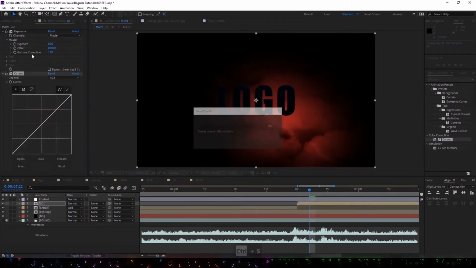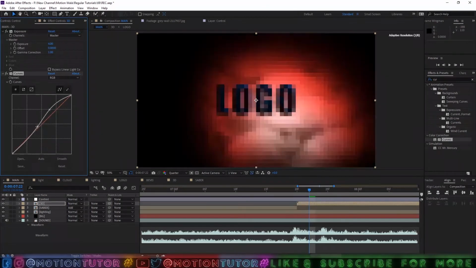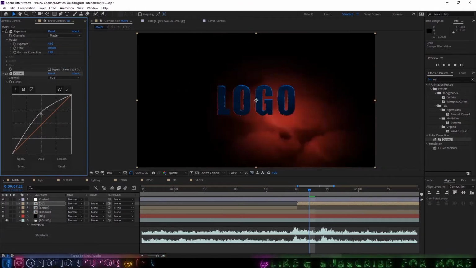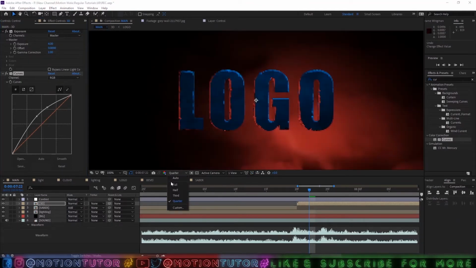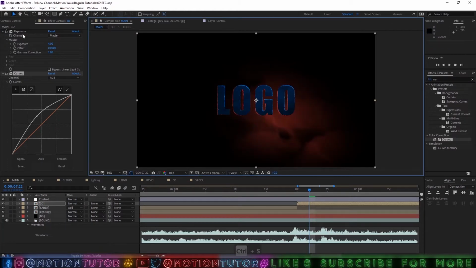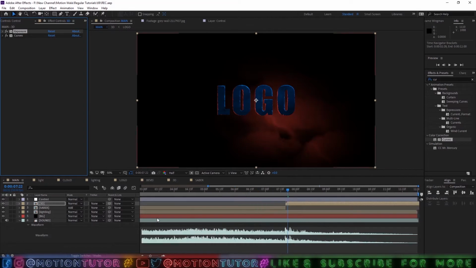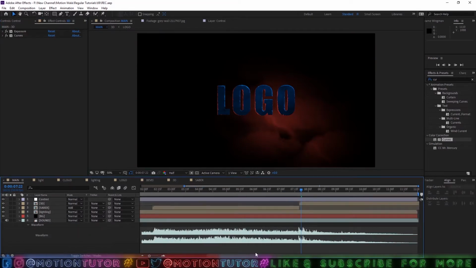Now like this we will expose it up, maybe 4, and you can tweak it about how you want. I will tweak it a little bit, adjust it, and then we are ready to go. You can see it's now looking okay, but we will tweak it a little bit later after adding all the things. So now it is okay, and after that we will add our lights and